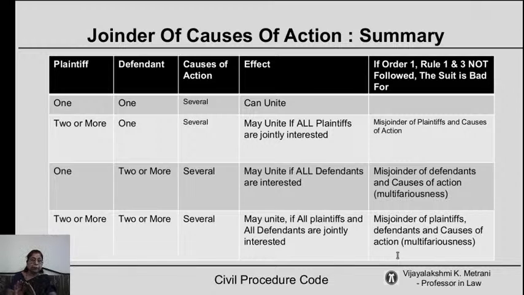Okay, this is separate from joining of parties. There joining of parties also can be done. How can joining of parties be done? In the same instance,